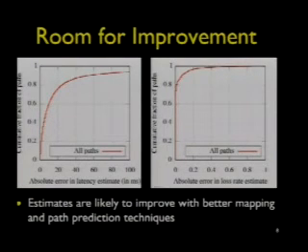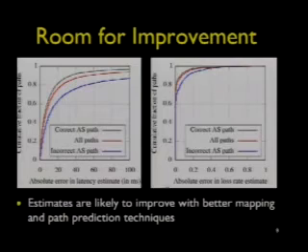And to diagnose this, we further broke down our path set into two partitions. One set of paths is those for which we actually were able to predict the AS path perfectly right, and the other for which we were unable to predict the AS path correctly. So we see that our estimates for properties such as latency and loss rate are significantly better when we do get the AS path right. So our hope is that as we improve our measurements to improve our mapping of the internet, and also our technique for path prediction, our estimates for these path properties will improve further.